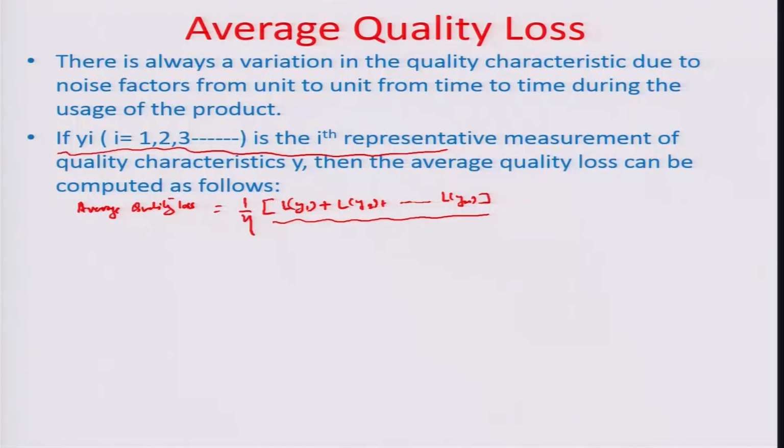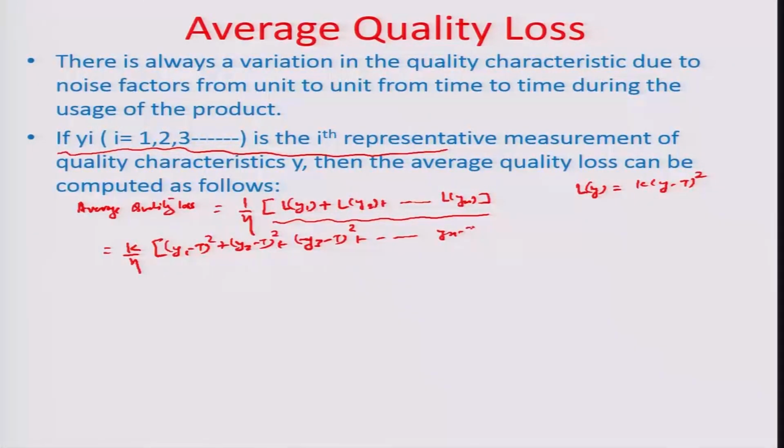And if I wanted to just use Taguchi's loss equation, L(y) equals k times (y minus t) square here. So, obviously, for the average quality loss, we are going to represent this in terms of k by n times (y1 minus t) square plus (y2 minus t) square plus (y3 minus t) square and so on, up to (yn minus t) square. And we would like to